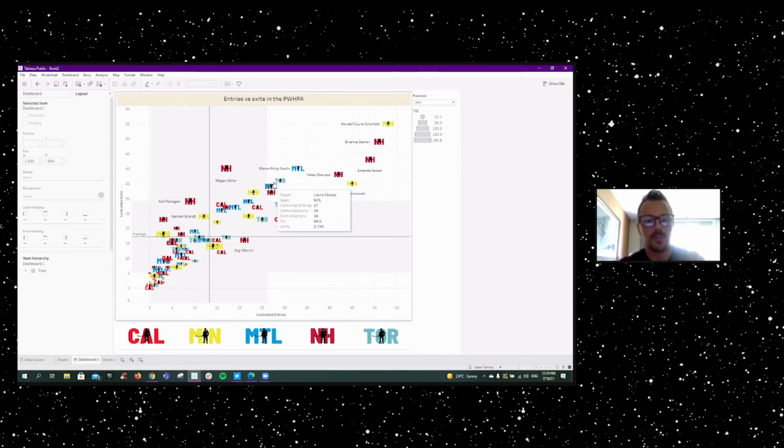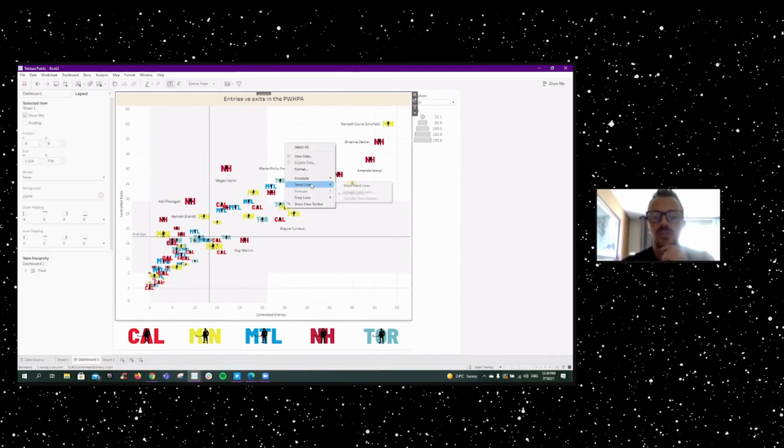However, just for the sake of showing it here, if you click anywhere in your sheet, even in the dashboard view, if you right click, we can go to trend lines. And in the trend line, if you choose show trend lines, we'll get our slope line to show our relationship between the two measures that we've loaded. Again, time on ice is not equalized here, so this is more just to show what we can do with the R² line. If you hover over your trend line, we get the slope, we get the R²,